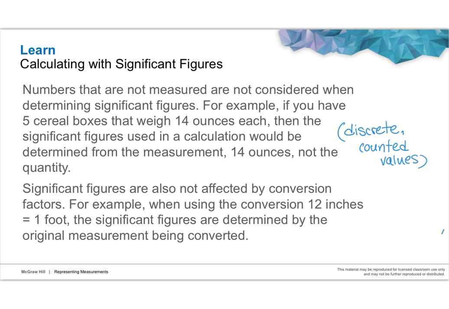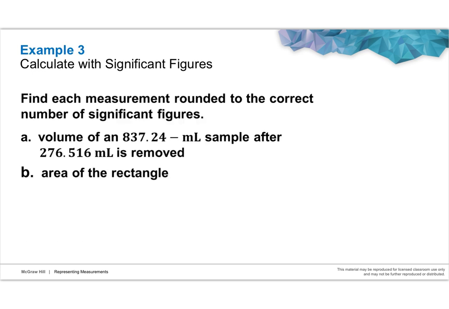The second exception that we have is conversion factors. So if we're taking a conversion, 12 inches equals a foot, that conversion's significant figures would be determined by whichever the original measurement is that's being converted. So if we take these two different sig fig rules to apply to the examples we see here on page